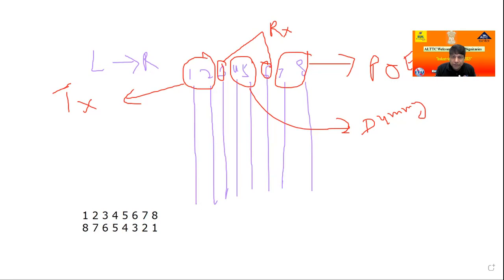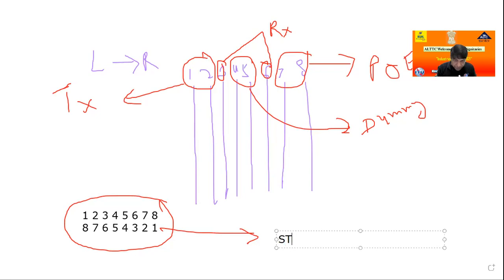Here this cable is known as the straight line cable. In this case, this is the straight line cable. Just simply the straight cable.